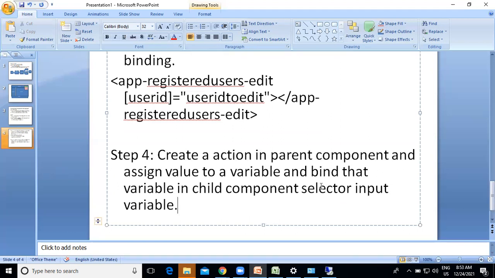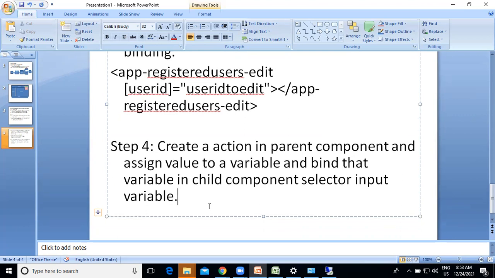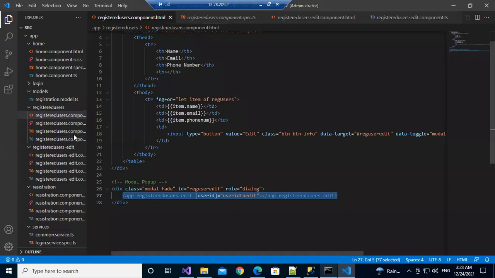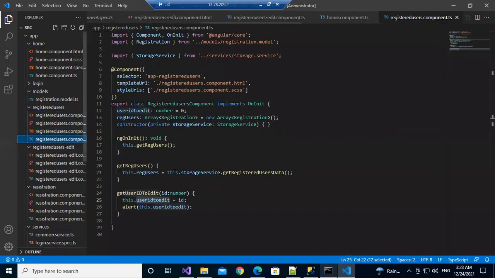So simply create a function there, assign some value to this user to edit, and then bind this back to the user ID here. For this one, you need to take this down.